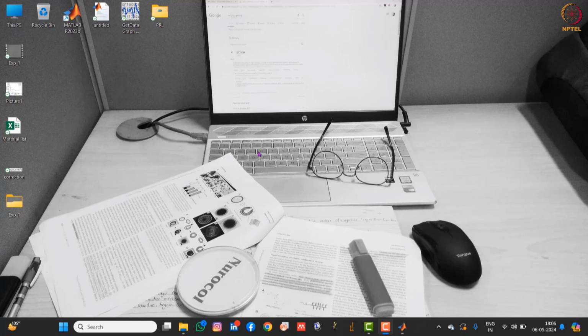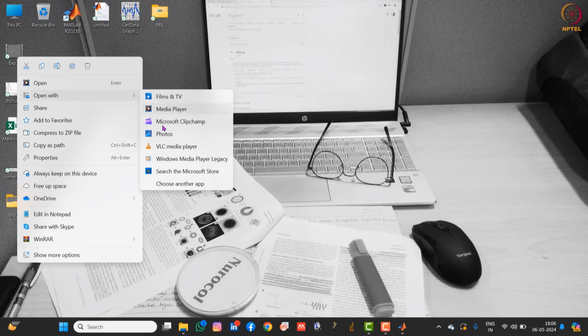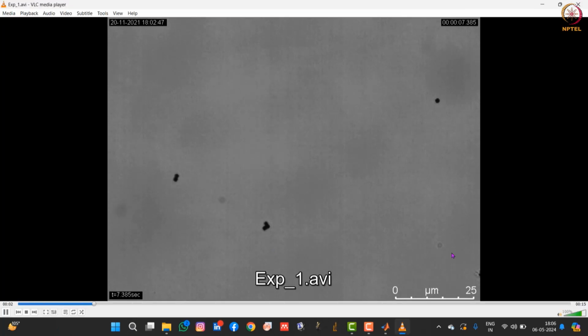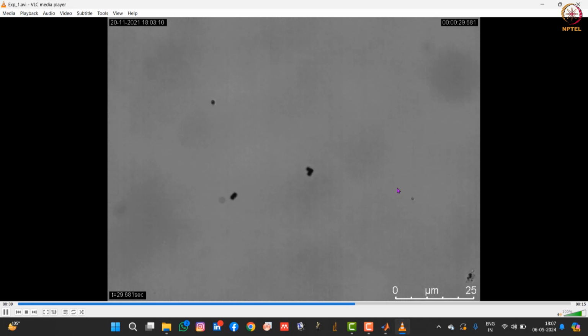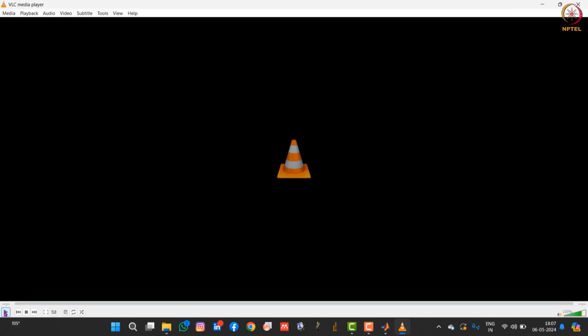So now we will see how to track the particle system and do particle tracking using microscopic videos or microscopic image analysis. As you can see here, I have one video which is showing the motion of different types of particles. You can see single particles, double or triple particles moving differently. Actually, these are hematite cubic particles that we use for some of our analysis. Now, I'll show you how to do the tracking of these particles.